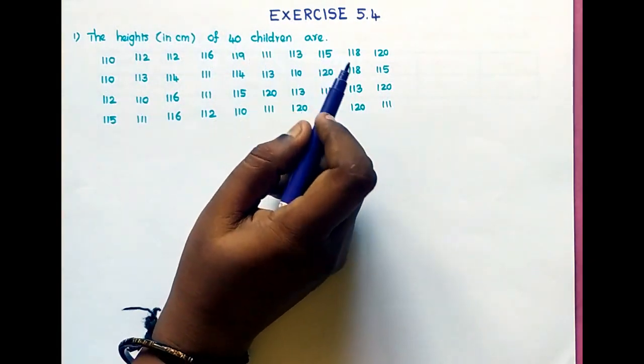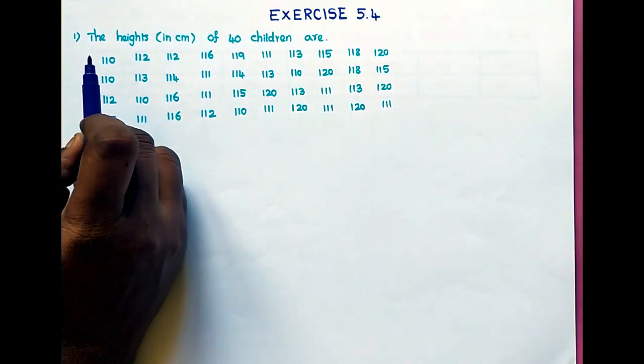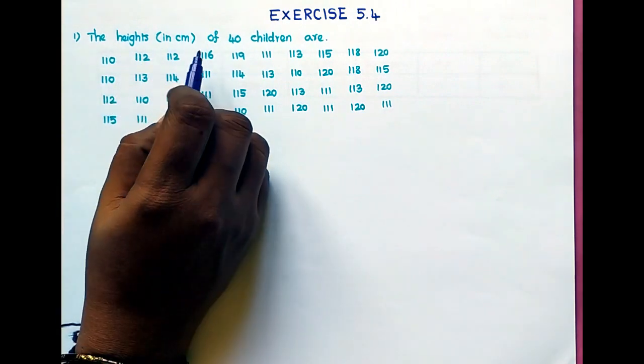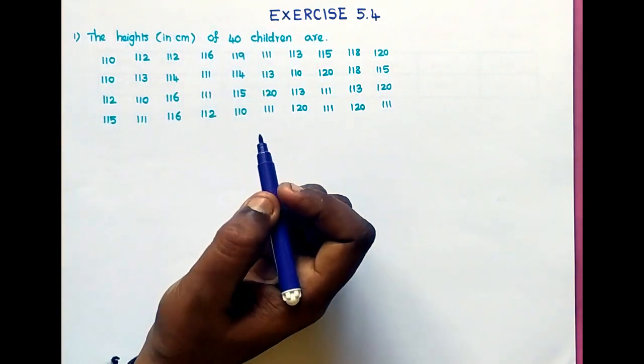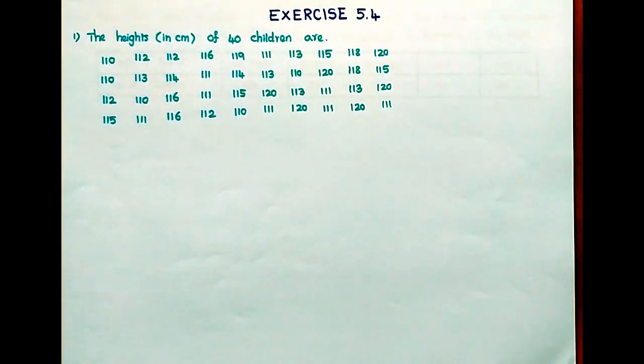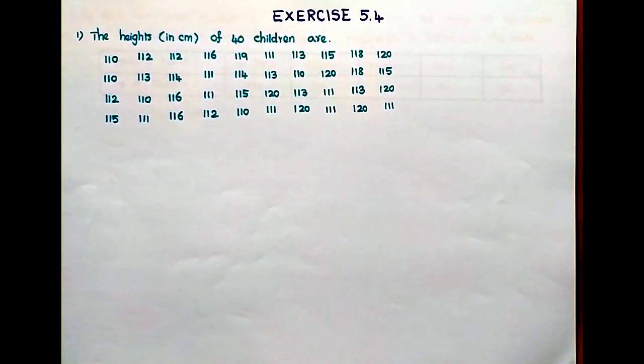Look at this exercise 5.4. First sum, the height in centimeters of 40 children is given. We want to find out the tally marks for that. First one,